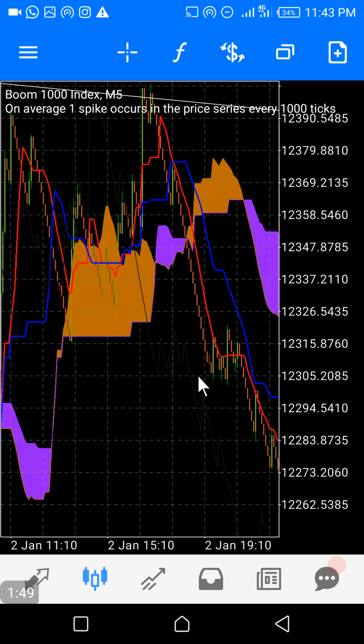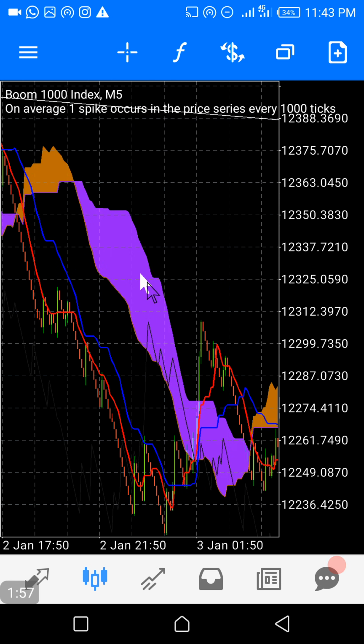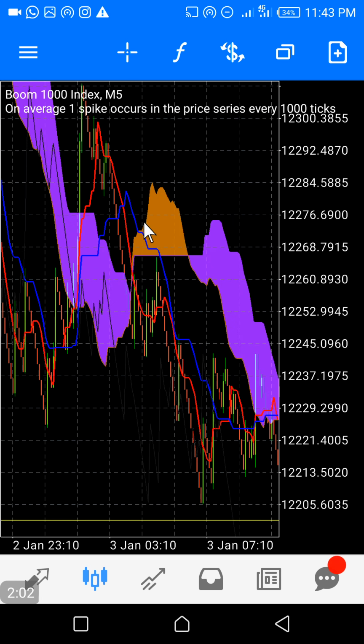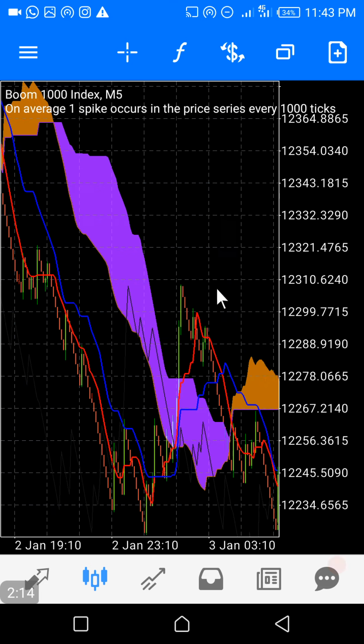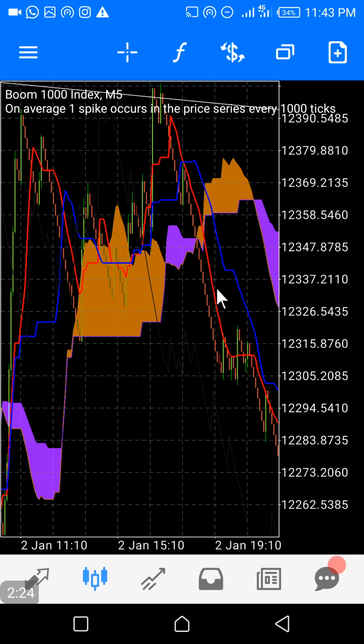Now, if you notice in the main chart, in the Ichimoku, you can see some clouds. You can see the purple cloud, you can see the orange cloud, purple and orange cloud. Now you can also see the red line and the blue line. So you can see the clouds and the red line, blue line. Now, what is the strategy for entry? Before I go and show you what the settings is,